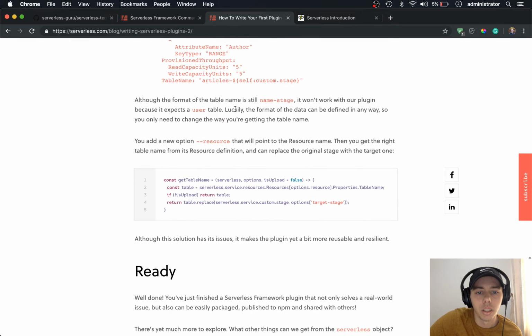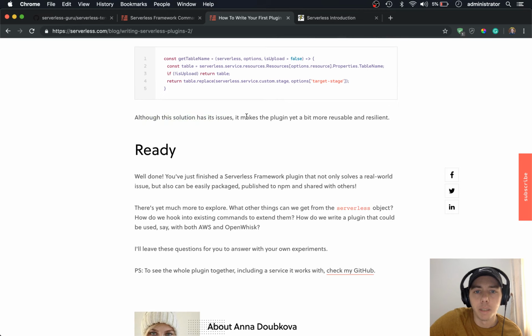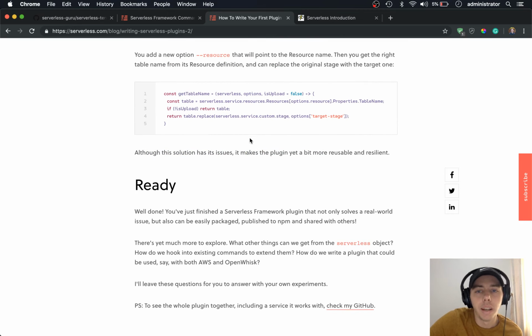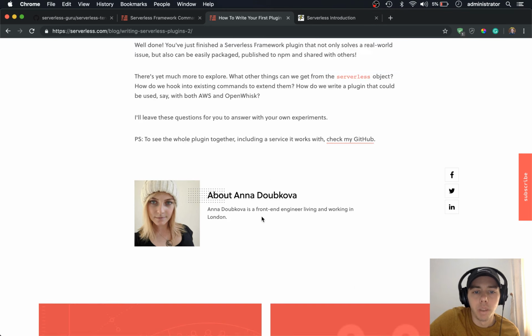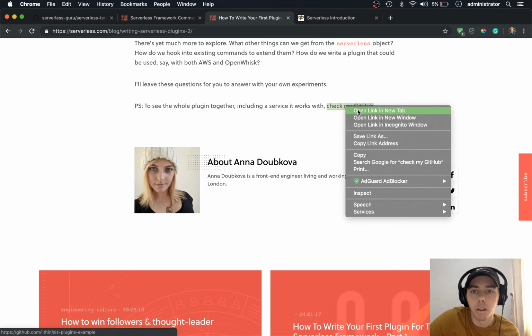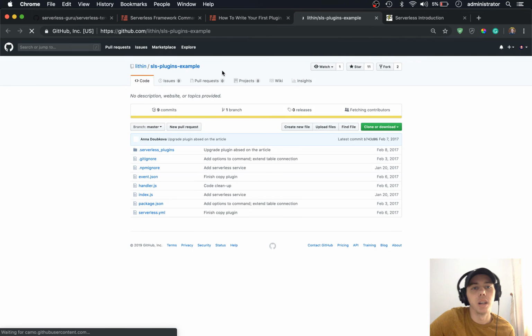So let's actually scroll down. Although this solution has its issues, it makes the plugin yet a bit more reusable and resilient. Yeah, it does have a little bit of stuff, but it looks good. And then well done, you just finished the Serverless Framework plugin. Solves a real world issue. More to explore. So yeah, and then check out her GitHub. I'm not sure what's on there. Looks like it's the SLS plugins example that I just went through in